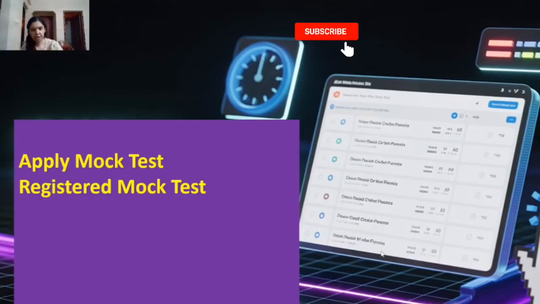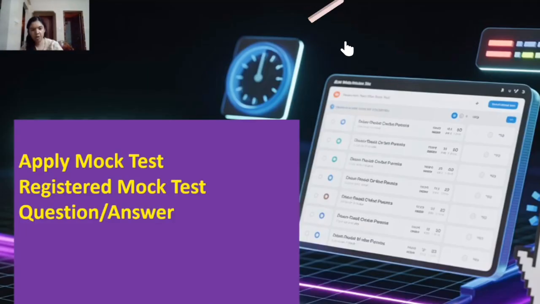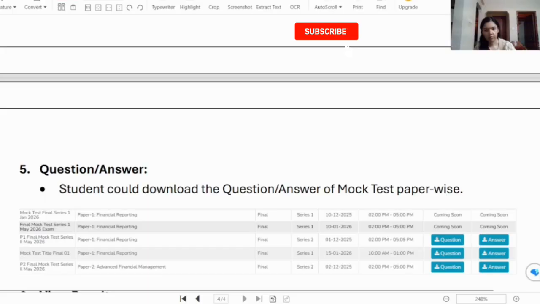The third option that you can see in this portal landing page is questions and answers. You will be able to download the mock test paper questions and answers also from here. Here you can see for each of the subjects, series 1, series 2, there is an option to download the question paper, and also after 24 hours the ICAI will host the answers as well.